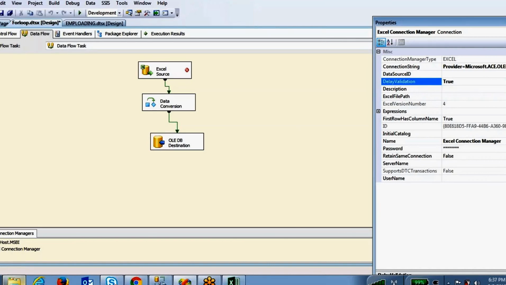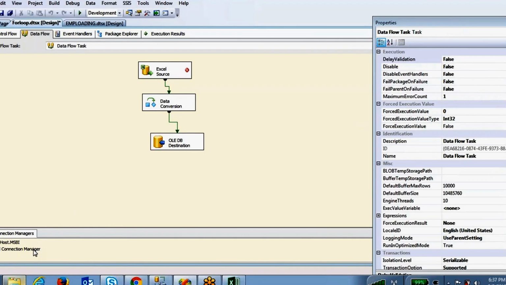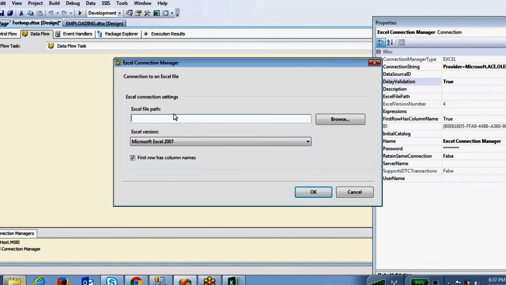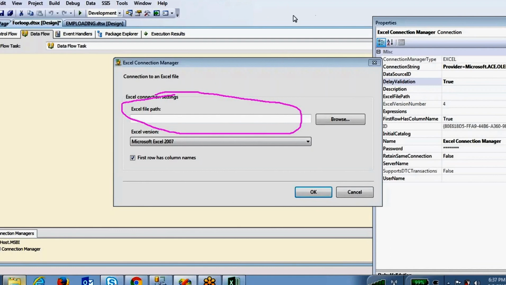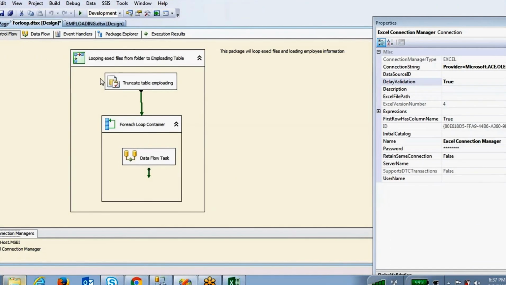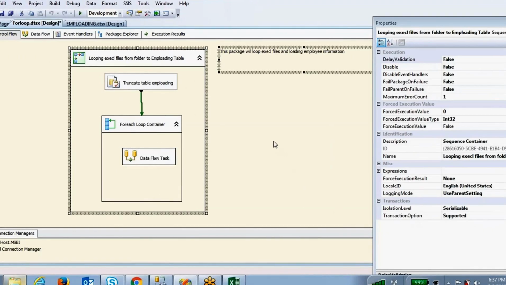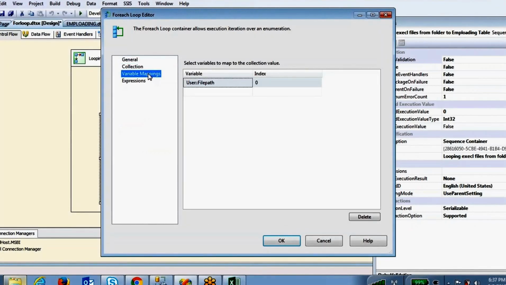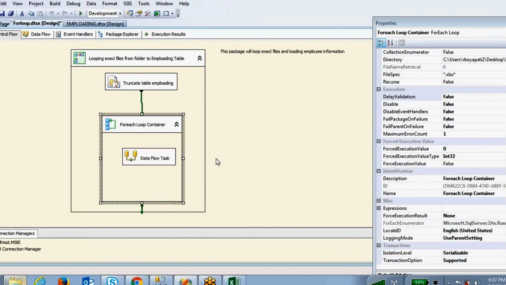The reason we make DelayValidation true is this: if you double click on this connection, nothing is there. There is no connection, because once the package execution is started, the Foreach Loop container will find the path of that file and keep it in this variable. Only then will it come, because we pass each file path from the variable.